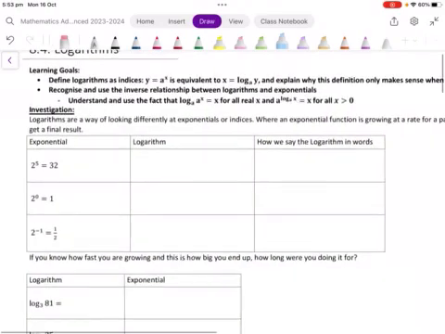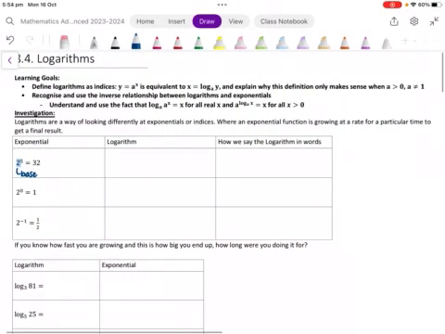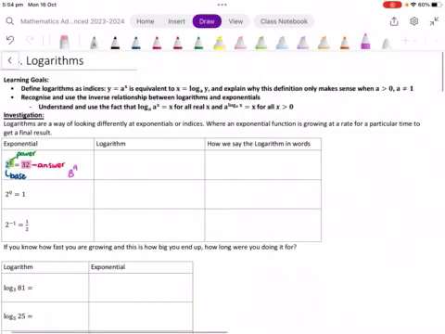What we have with this exponential is our 2 is our base. We also call it a base when we talk about indices. We have our power, which is 5, and then our answer is 32. So what we technically have when we're looking at this exponential is our base to the power of p